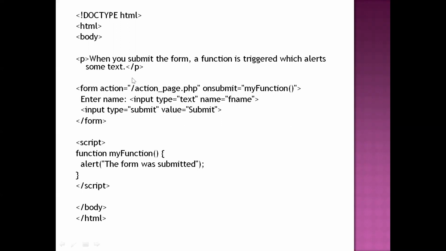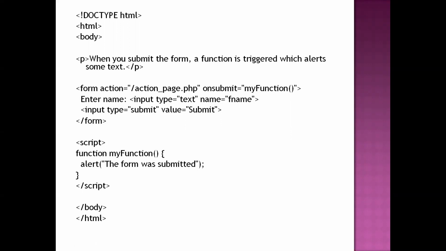So right now I am not connecting to the server. That is the reason why, just for understanding's sake, I wrote the function. Whenever I click on the submit button, I am just printing a message like form was submitted. But actually, whenever I click on the submit button, the on submit event will be generated, and because of that, whatever action, whatever URL you have supplied here, to that place the data will be posted.